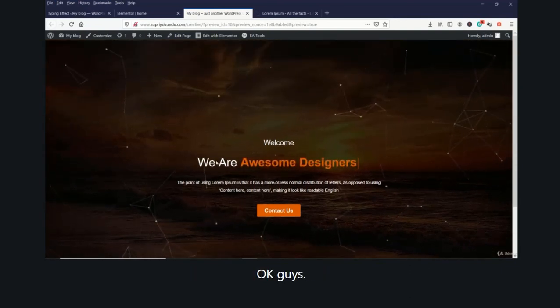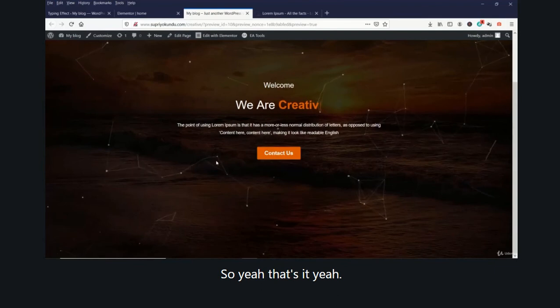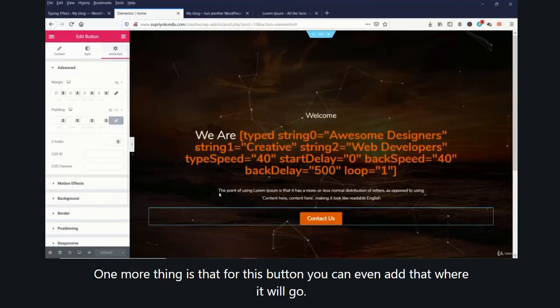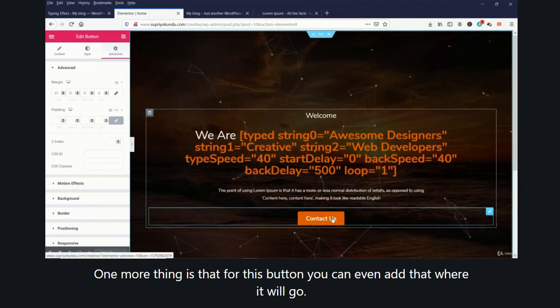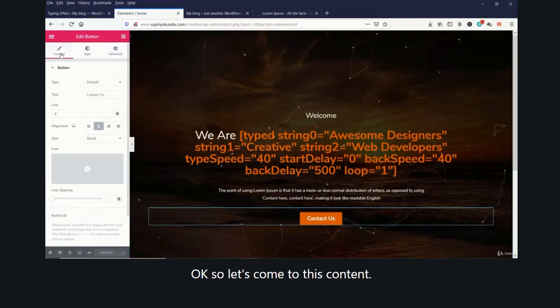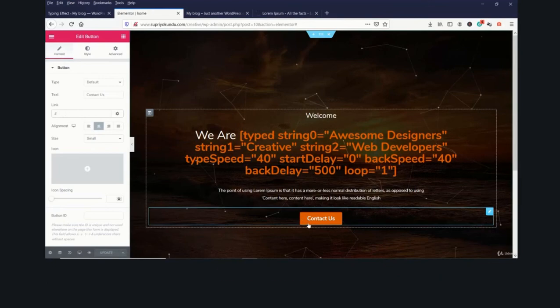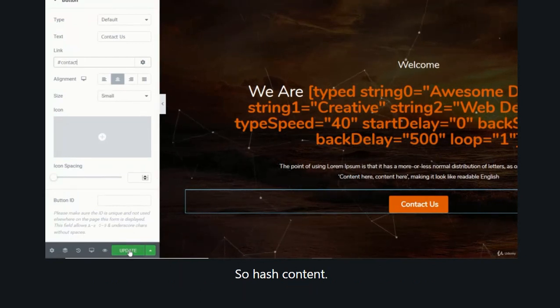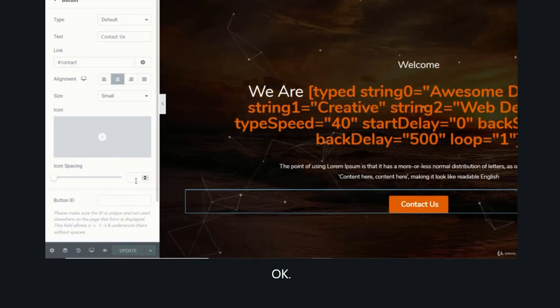One more thing is that for this button, you can even add where it will go. So let's come to this content. This is contact us, right? So we are going to have a section of hash contact that's going to be added later on. So hash contact.